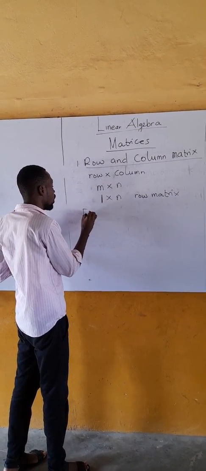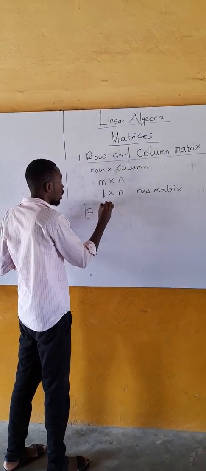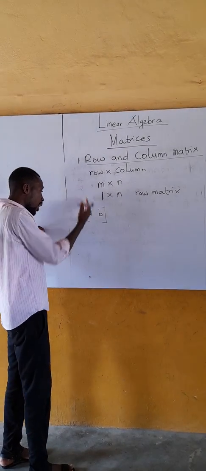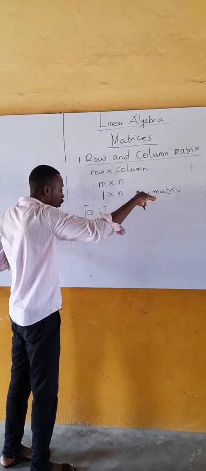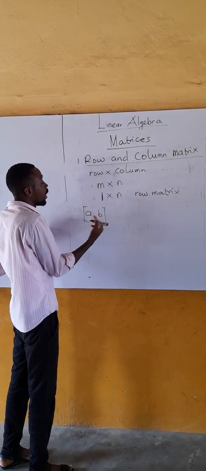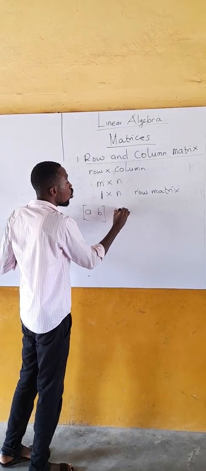Let's look at this matrix. A, B. How many entries are in the row? 1. Then we have a number of entries in the column. So we call such a matrix a row